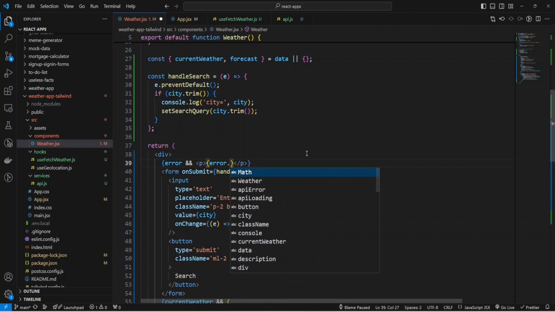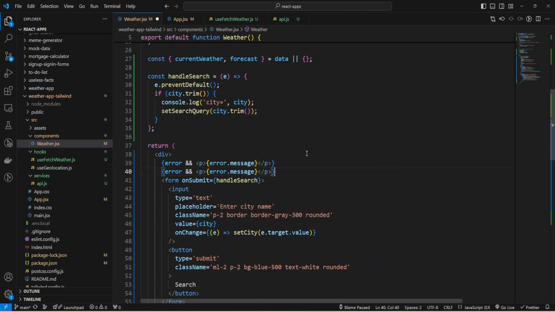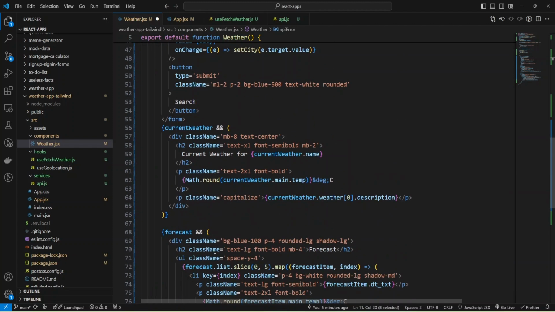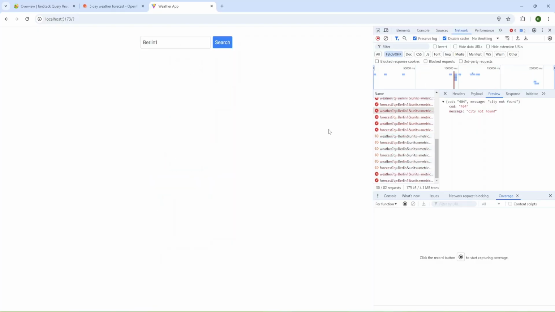It will have error and message inside it, and I'm going to copy and use our loading API. Let's check API error. And if we have our API error, then I'll provide API error message. Let's check again and try Berlin one.